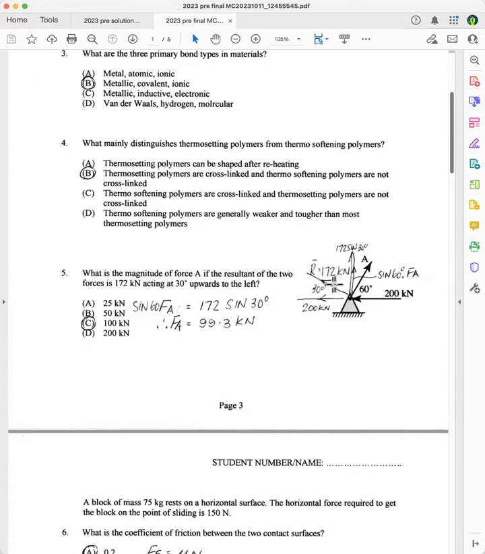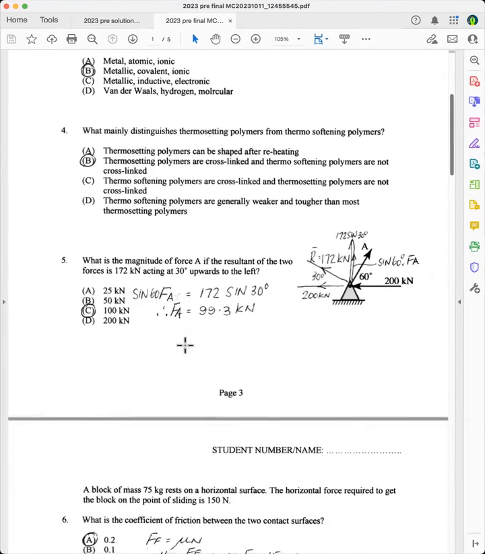And you have to realize that the resultant force in the vertical direction will be 172 sine 30 degrees. And so that is the vertical component of the resultant force, and the vertical component of A will be FA, which is the force of A sine 60, because that will be the vertical component of that. And there's no vertical component to a horizontal force. And so the vertical component of that force, A, has to equal the vertical component of the resultant. And 100 kilonewtons is the correct answer. And it's C